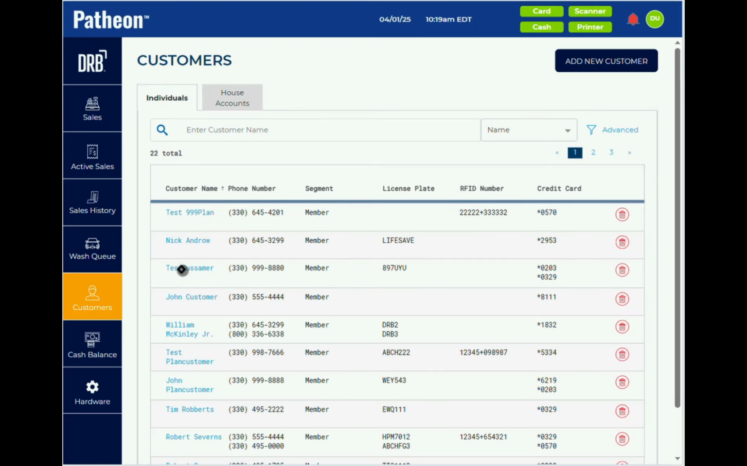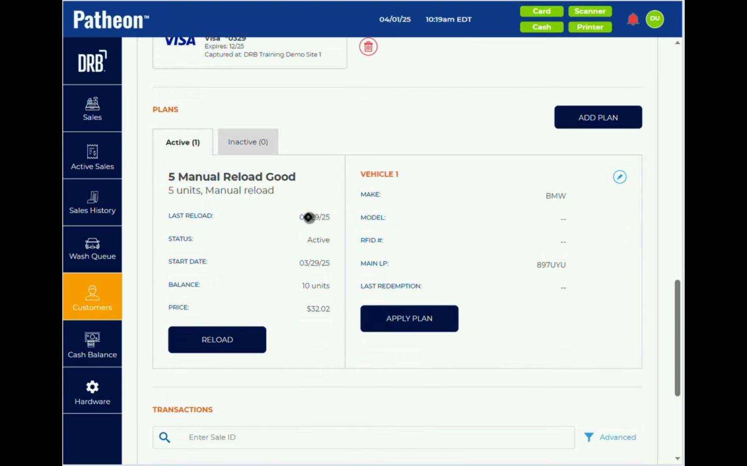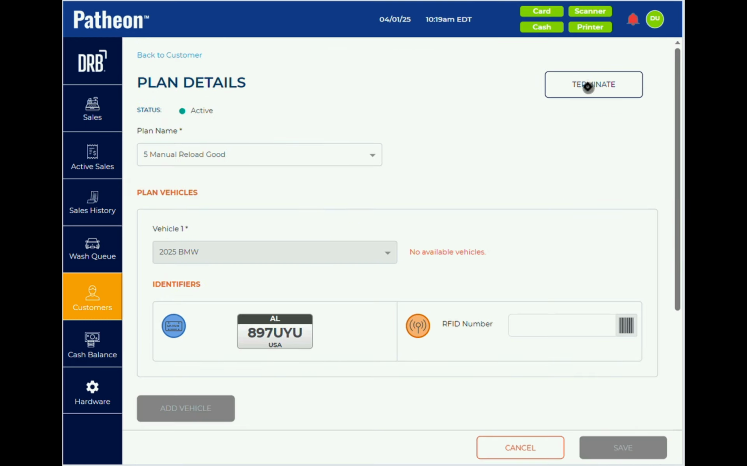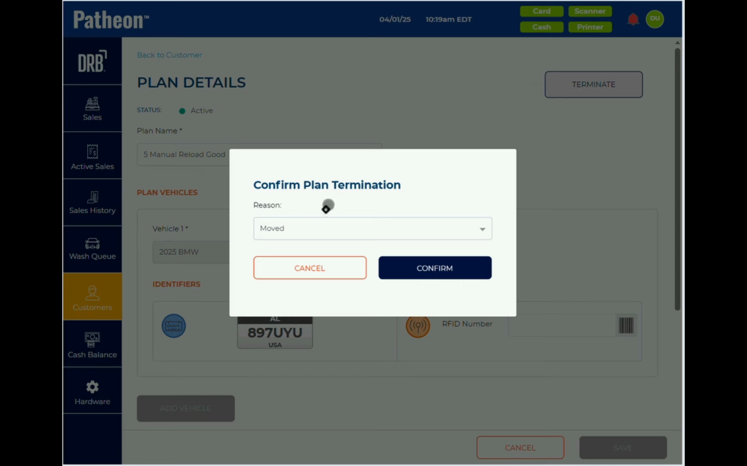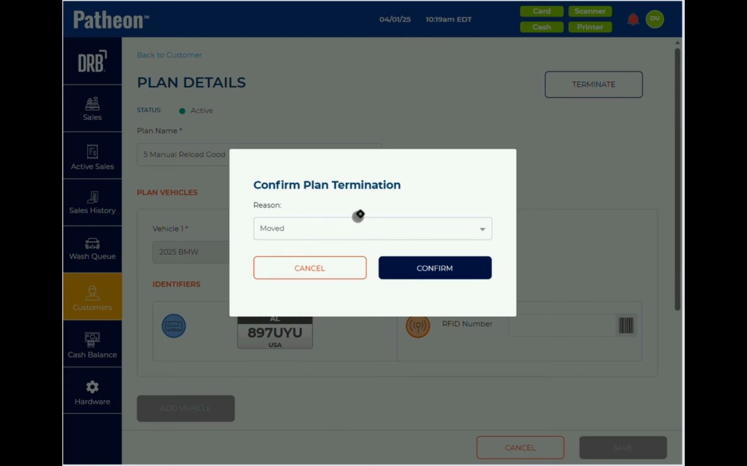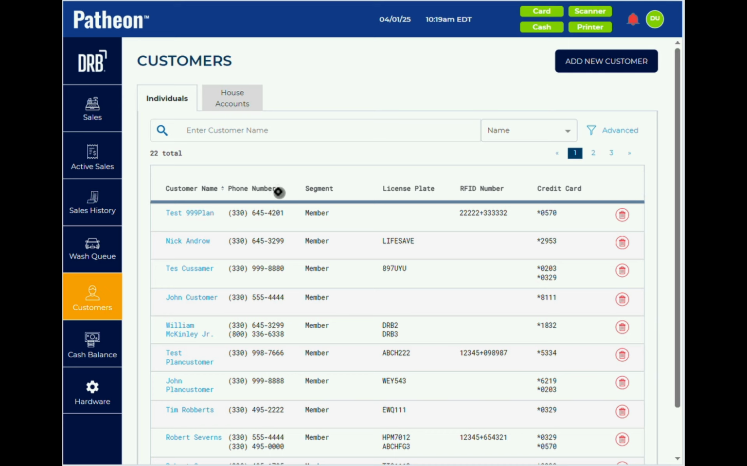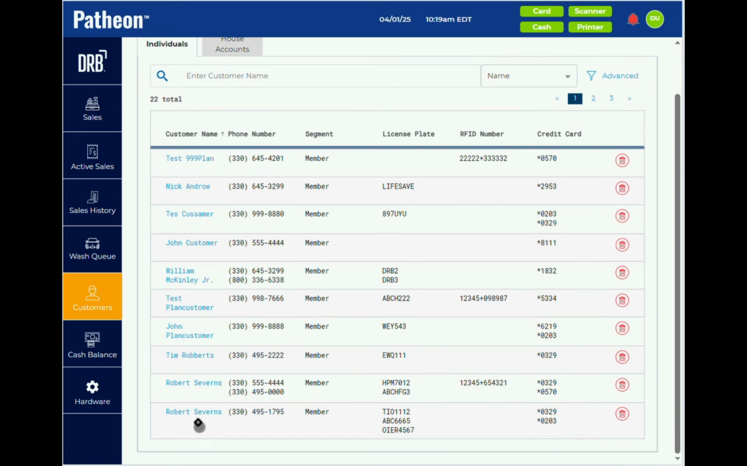Another option with a customer that is on an active plan would be that we could take their existing plan and terminate it. This plan is a 5 units plan, and when we terminate it, if the plan is set up to offer refunds, it would give it here. However, in this case, my plan is not set up for refunds, so terminating this would just remove the units from the customer record. When you terminate reloading monthly plans, for example, on this